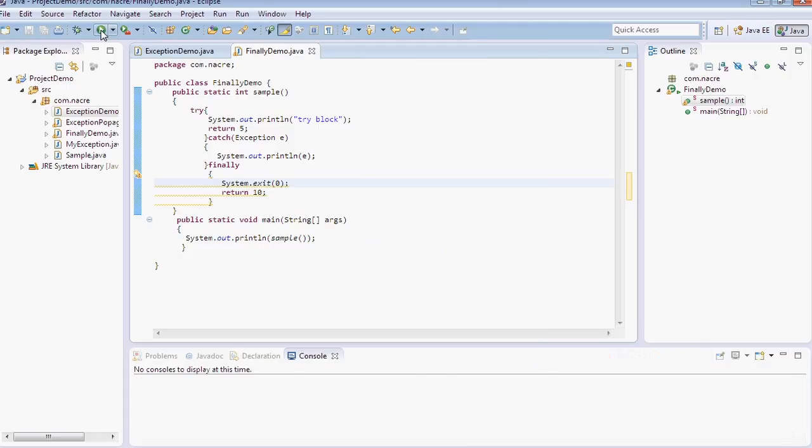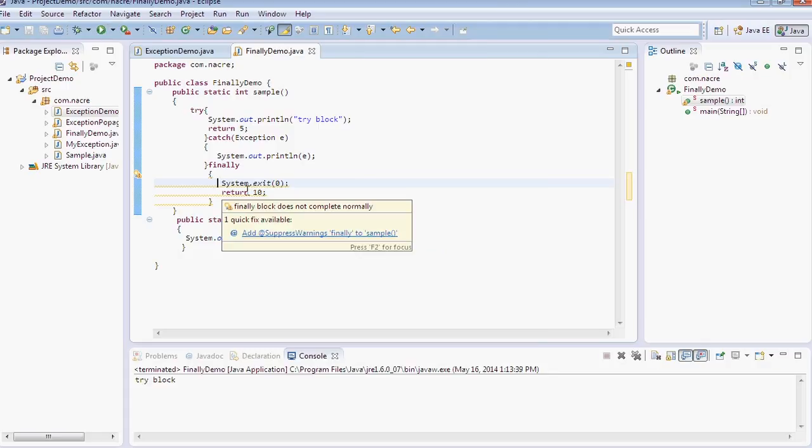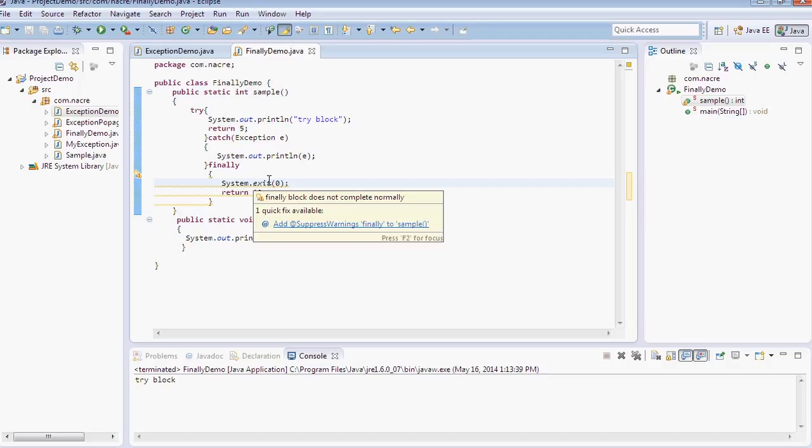See, here our control didn't come to the finally block because of System.exit. This is the only case when our finally block is not executed.